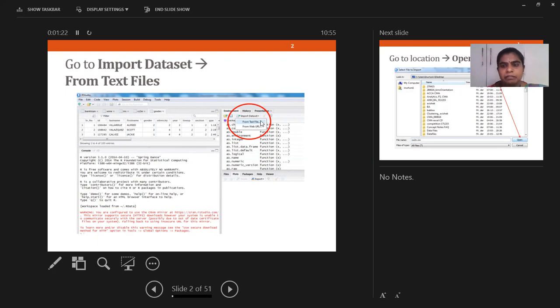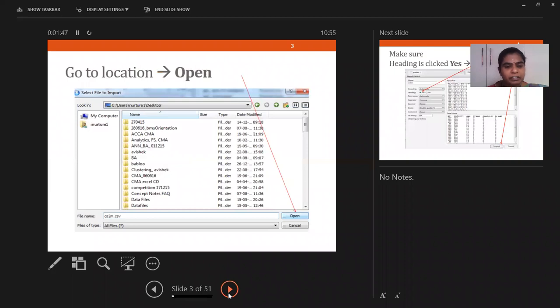The first thing, we will be fetching the data set in two ways. One is through code, using the read.csv command. The next option is the menu option. In the menu, you have import data set. This is what we used yesterday. When you fetch the data through this menu, the advantage is that you will be able to change the data type.